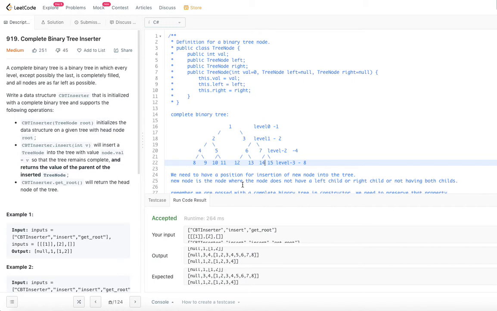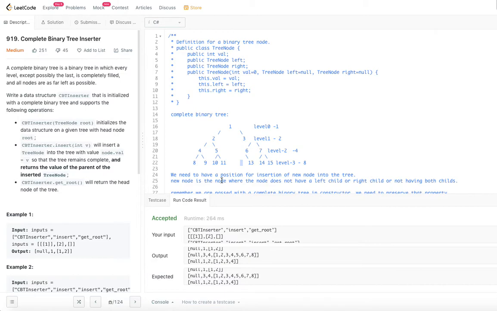Let's say you are given a tree something like this. So I am removing 12 here. That means 6 has its left child empty and 6 has a right child. This is not called a complete binary tree because even though the first condition holds, the first 3 levels have all the nodes, in the last level the nodes are not as far left as possible because there is one empty space here.